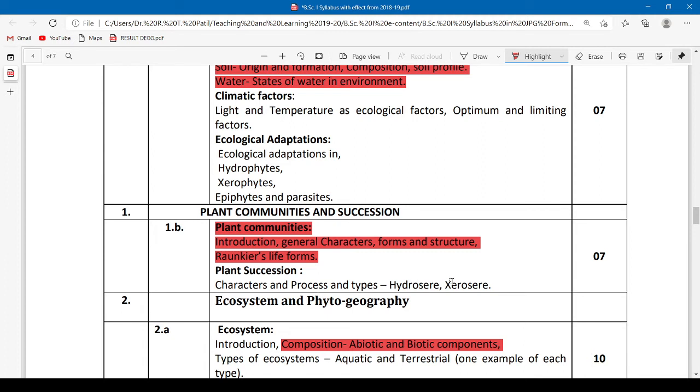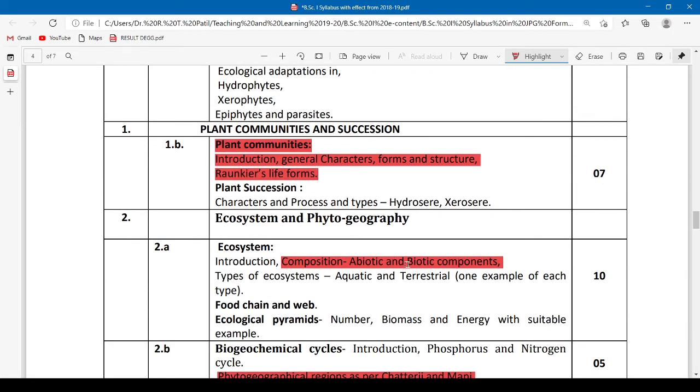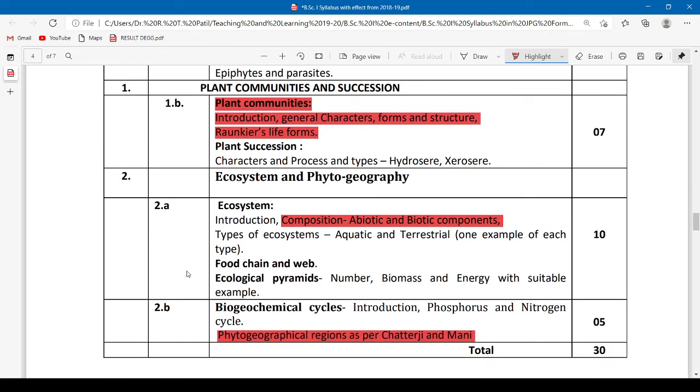Then the second unit for paper 3, plant ecology, is ecosystem and phytogeography. This unit consists of two subunits. The first subunit is ecosystem. In that, the introduction is included, then the part which is not considered for the examination is composition, abiotic and biotic components. But the part considered for examination is types of ecosystem,